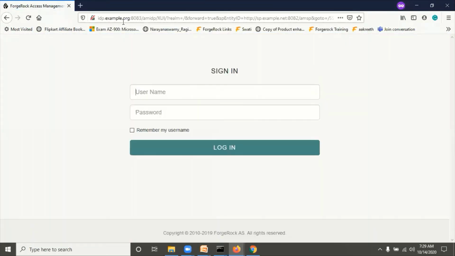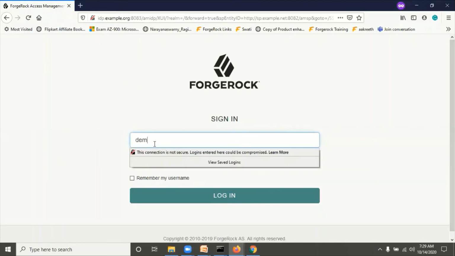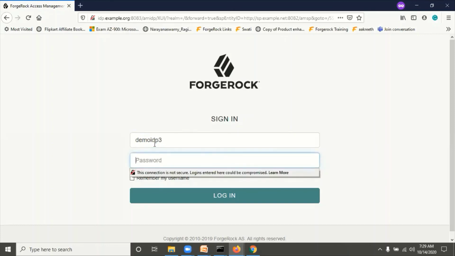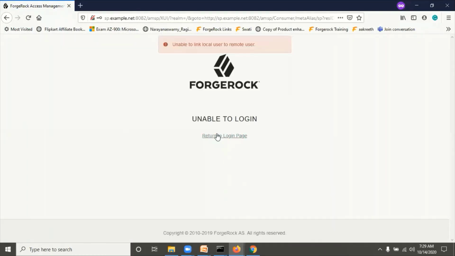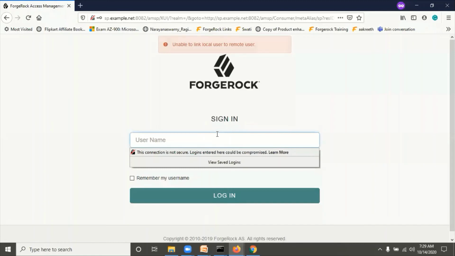Now it's redirected to the IDP application. Then enter the username demo IDP3 and password. Click login again.